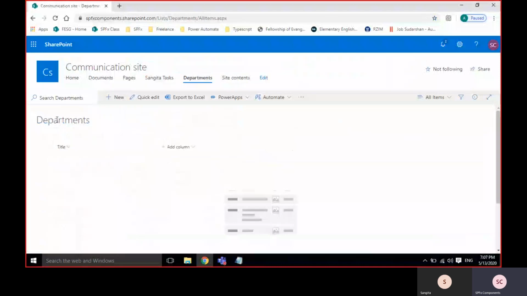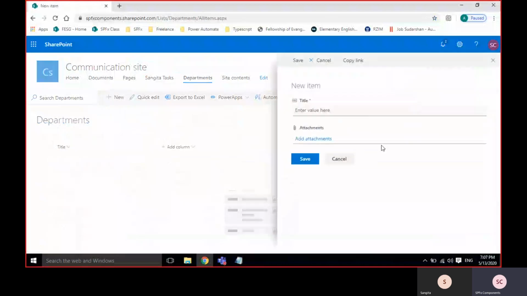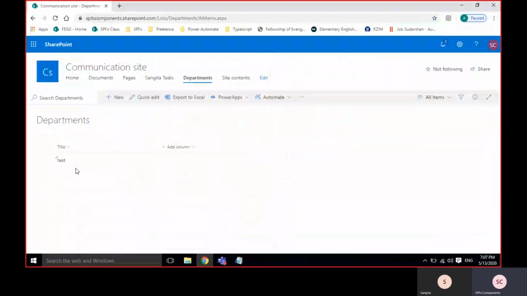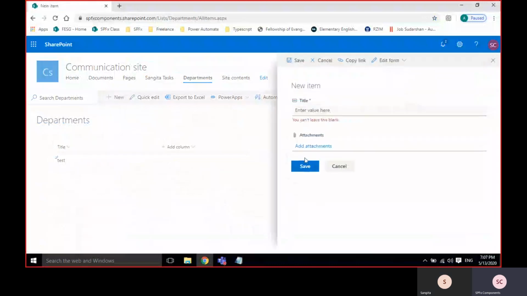How to add a record is just go here, click on new. By default you will get attachment, which we will disable later. Click on save. See here, the record is submitted. If I directly save without a value, it is showing that you cannot leave this blank. That means it is a required field.